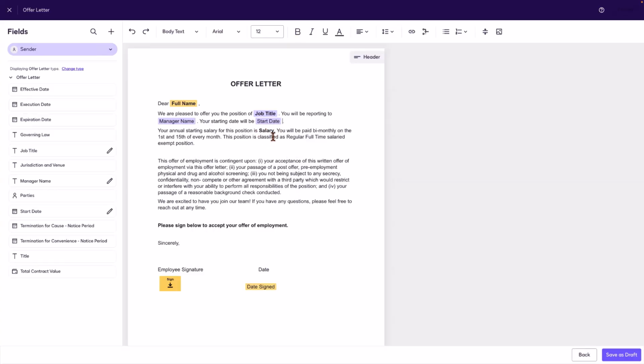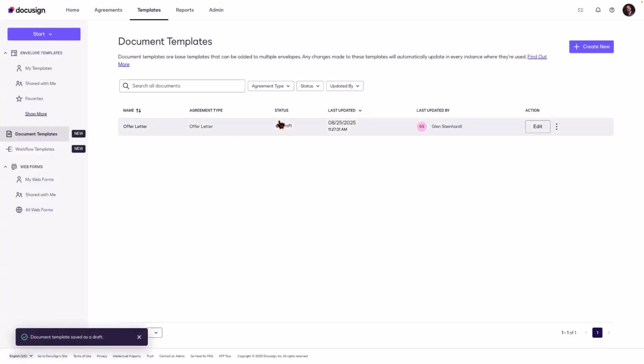Now you also see that there's one here for salary as well. I'm gonna keep that as is for now, so I can show you something else that comes up a little bit later on. But for now, I think we've got everything completed. I'll go ahead and click on the bottom right for Save Draft, just like that. And that's going to take me back to the document templates page to show me that I have a draft document template in the process of being created.